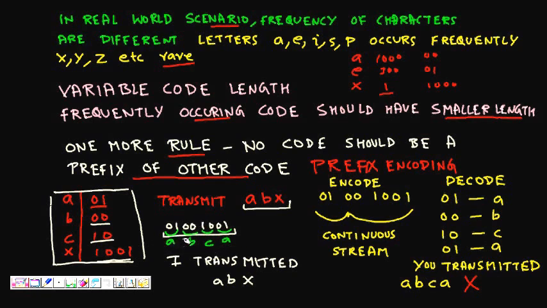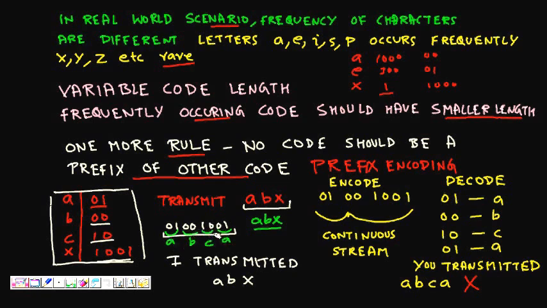Now the master just wanted to confirm with the engineer on the sender side. He came to him and asked, what had you transmitted? He said, I had transmitted ABX. So the master became furious at his own engineer. He said, the sender has sent me ABX, and now you are saying that you have received ABCA. What is the matter? Where did you go wrong? But the engineer says, no, I'm right, you can check, and in fact this is correct.